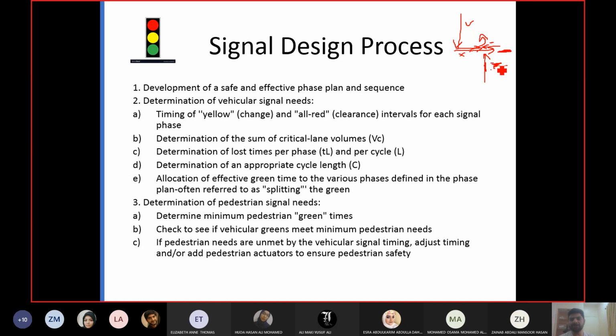Okay, so you will calculate the pedestrian green time. You will check the pedestrian green time against the vehicle green time in which this pedestrian can move. If that green time is enough for this pedestrian, you can stop here. The pedestrian green time you calculate in the first task is task A. If this is met by the vehicle green time, you can stop here. But if the vehicle green time is not enough to meet the pedestrian requirement, then you have to adjust the signal timings. We will see how to adjust the signal timings in an example at the end.